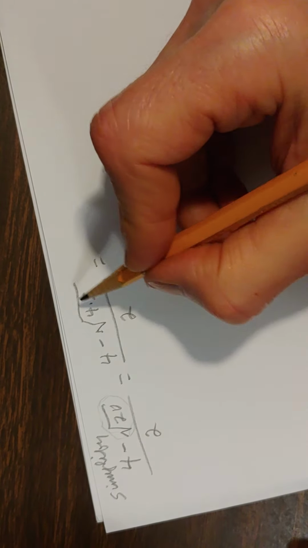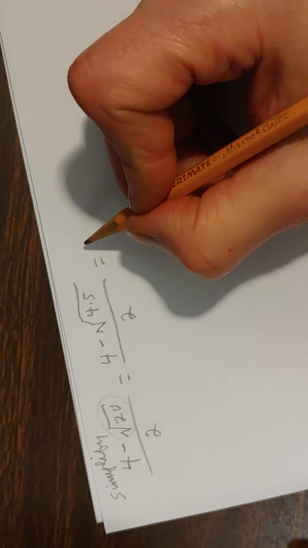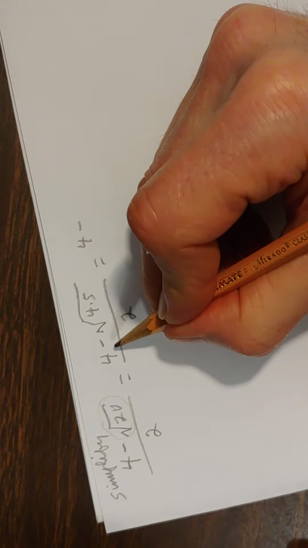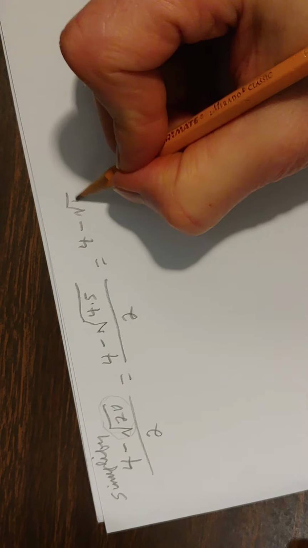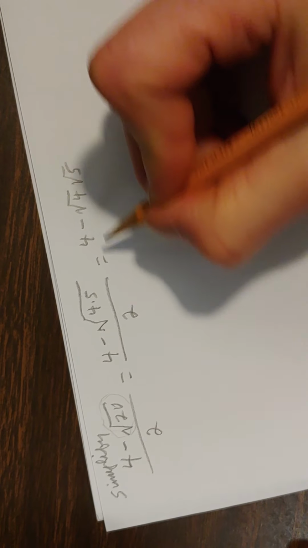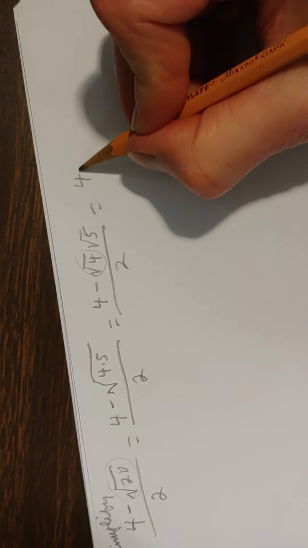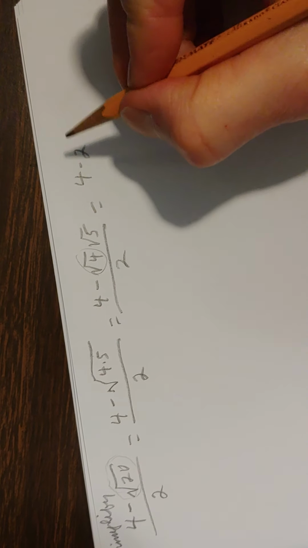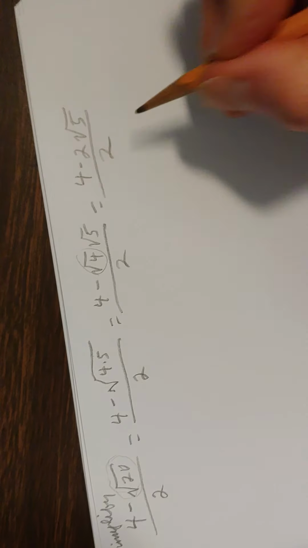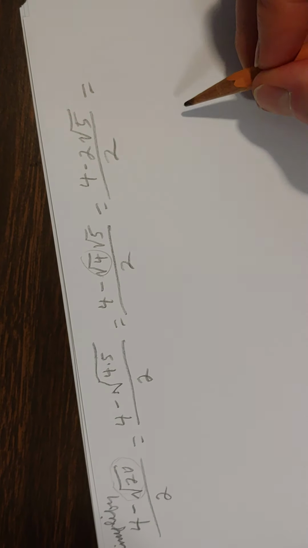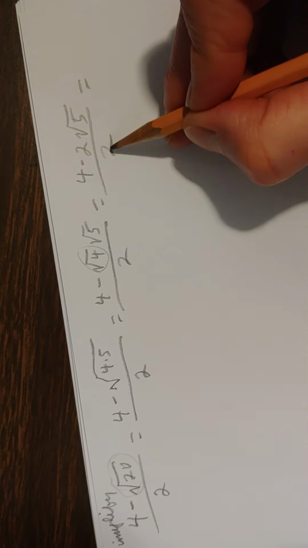Okay, so let's simplify this radical. And we've just learned how to do that a couple seconds ago. So we have 4 minus, and then we're going to write that square root of 4 times 5 as the square root of 4 times the square root of 5 using that property we talked about, all over 2. The square root of 4 is 2. So this becomes 4 minus, replacing the square root of 4 with 2, 2 times the square root of 5, all over 2. Then, again, don't just divide these 2's out, or just divide that 2 into